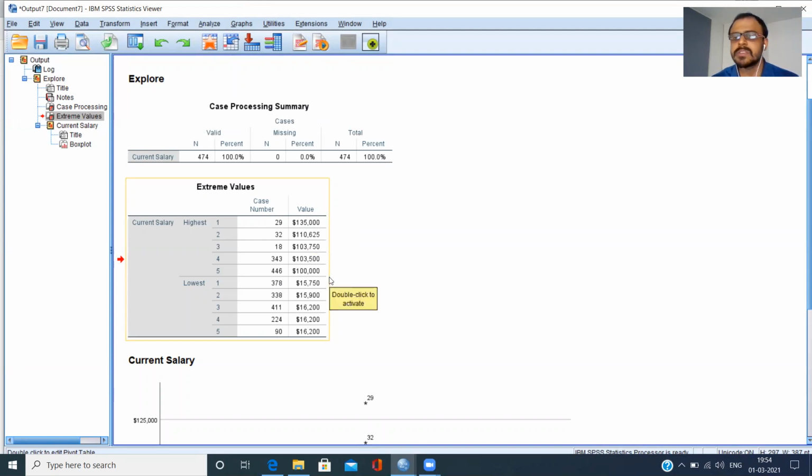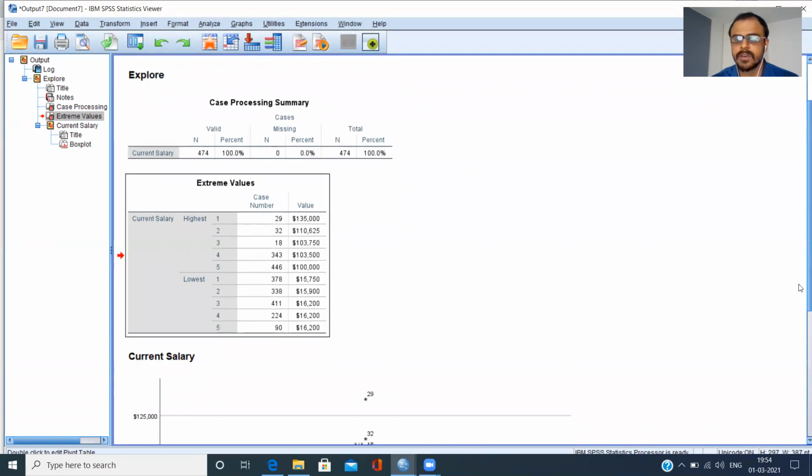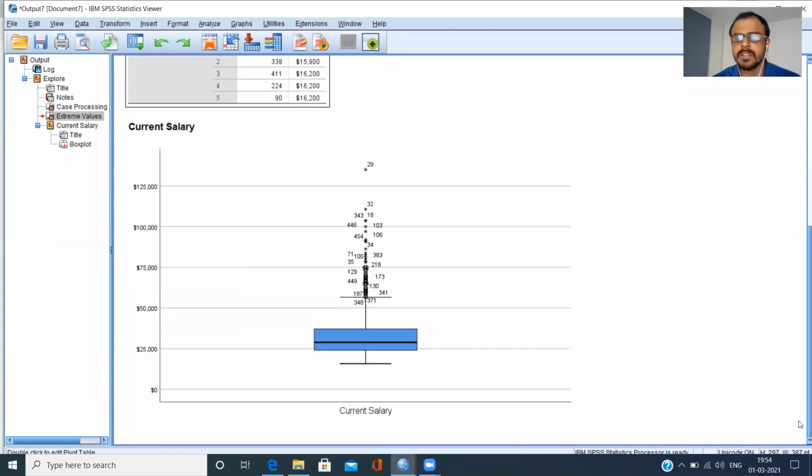Now, a tabular representation is fine, but what I would like to look at is this particular plot. I'm sure that all of you have seen this. This is what is called a box plot. It's also called a box and whiskers plot, because you can see a blue colored box here, which gives you the first quartile, second quartile, and third quartile. The thick line is very interesting here because that represents the median. I'll explain this in detail as to what a box plot does in a separate video.